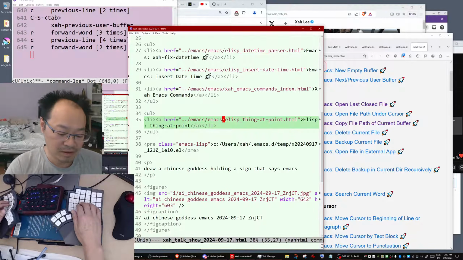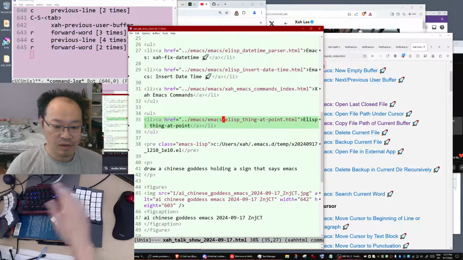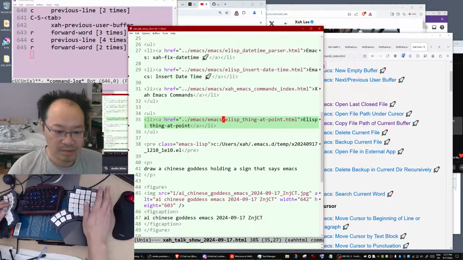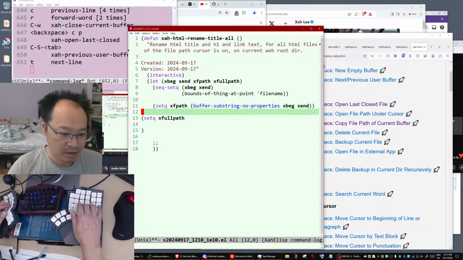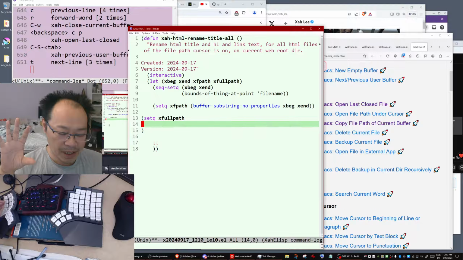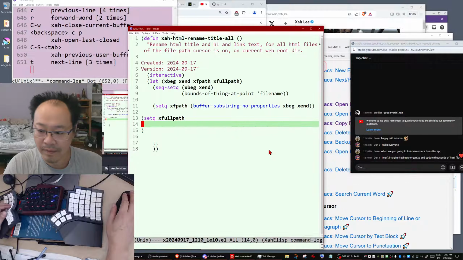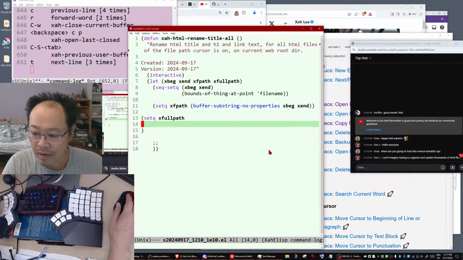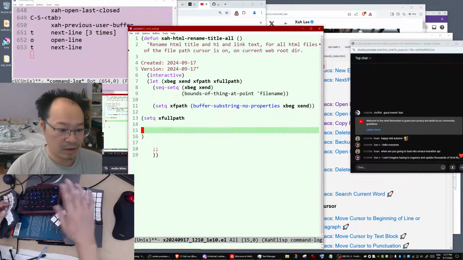The proper name is fully qualified file name, but usually I just call it file path, which is more sensible. So how do you turn a relative name to a full file path? To do that, you need the current file path.